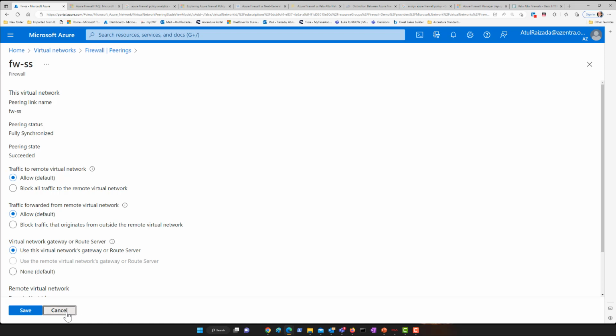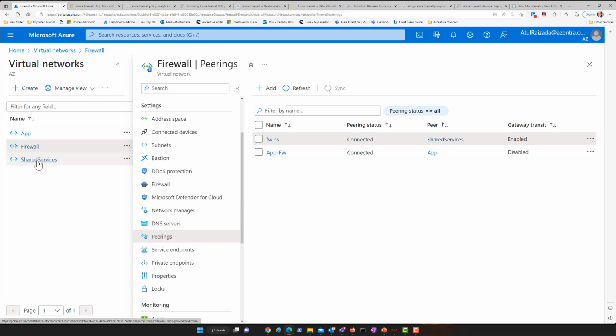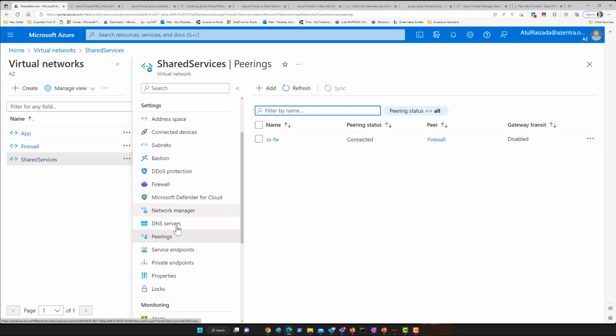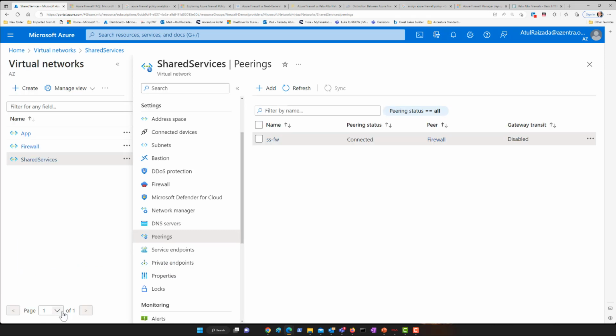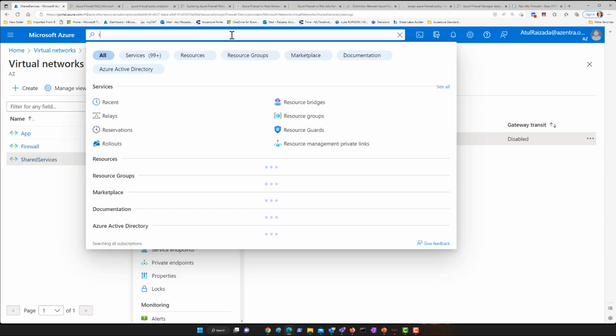So this is on this side, and if I show you on the shared services side, the peering, same thing, it will be using the remote virtual network gateway router. Otherwise, my VPN clients would not work, right? So this is very simple. The peering is clear. Now, if I go and show you the route tables,